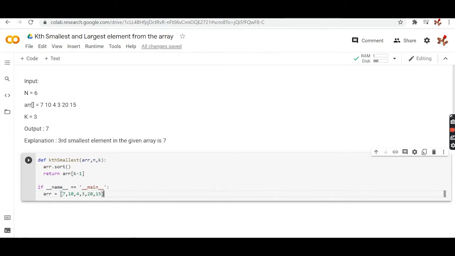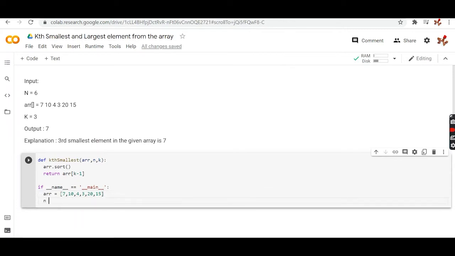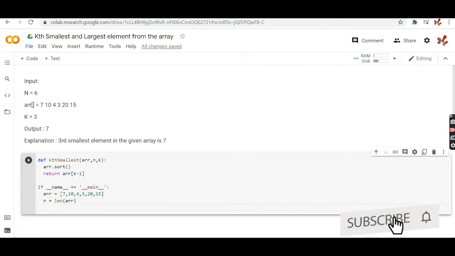This is my input, and n is the length of the array, and k is the term we are finding from the given array. So if k is equal to 3, it means we are finding the third smallest element from the array.